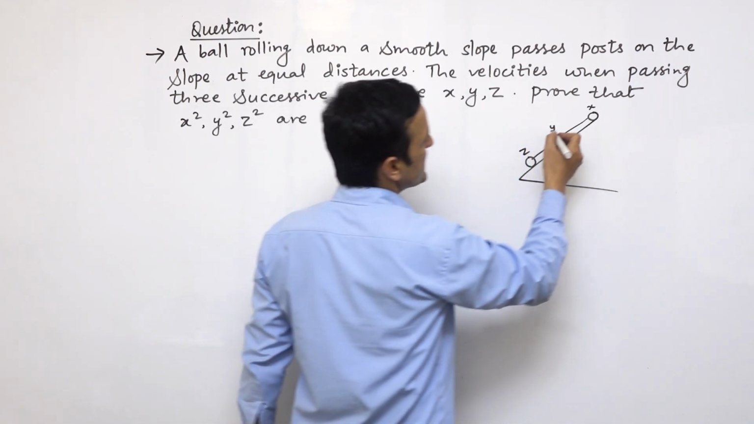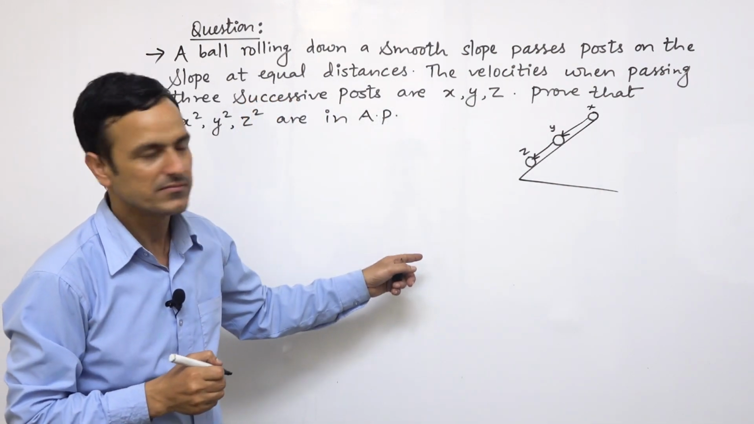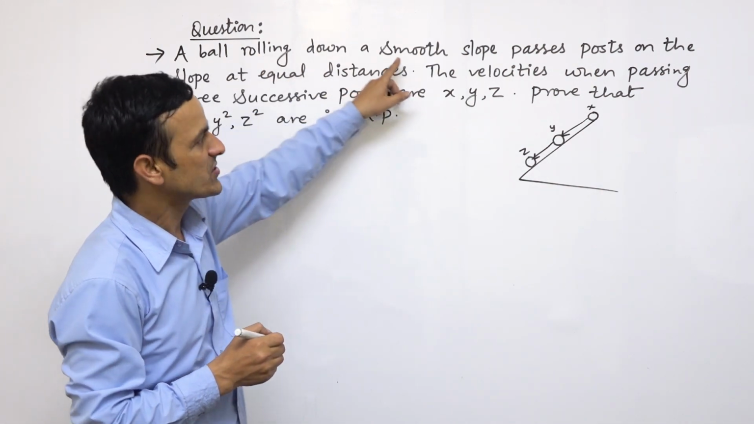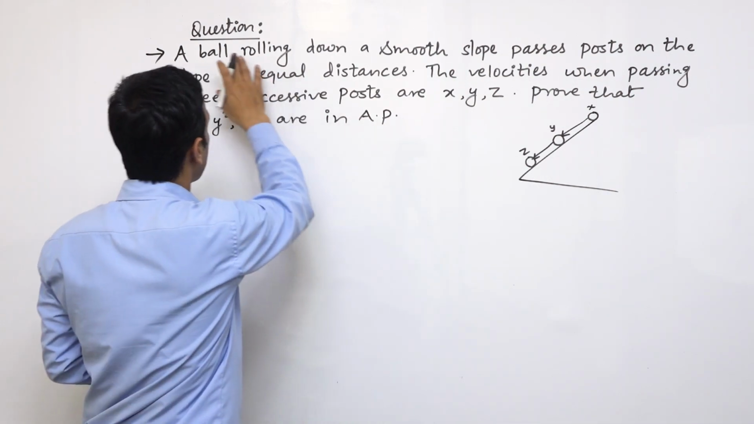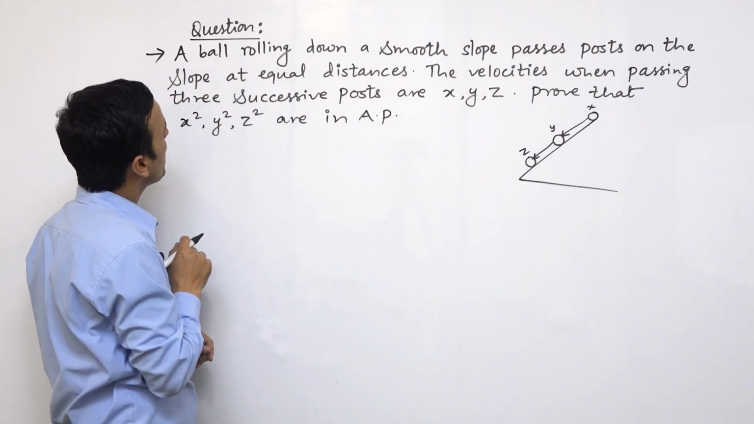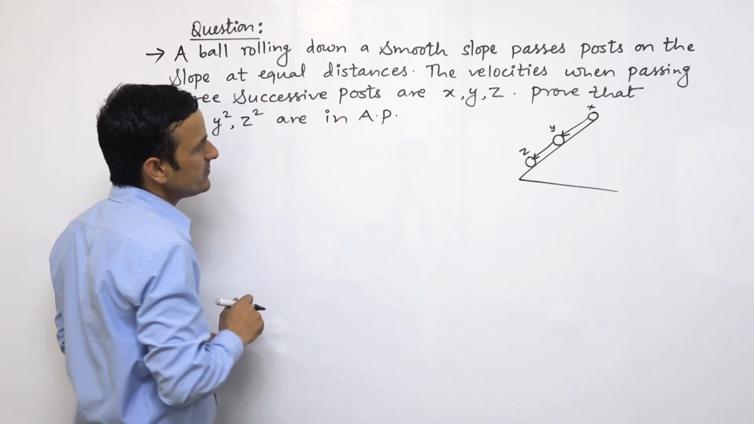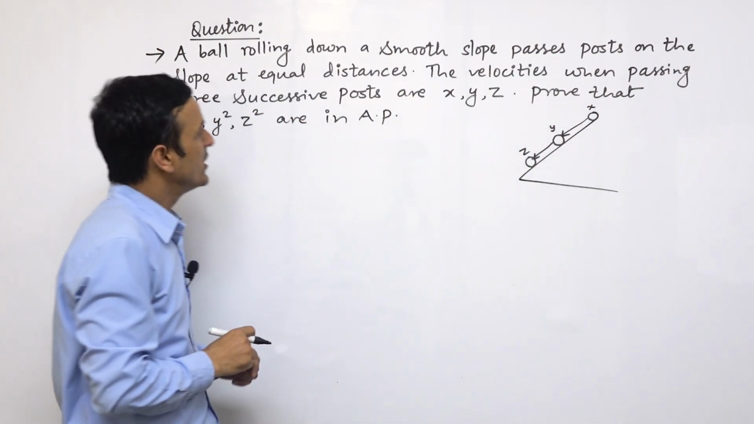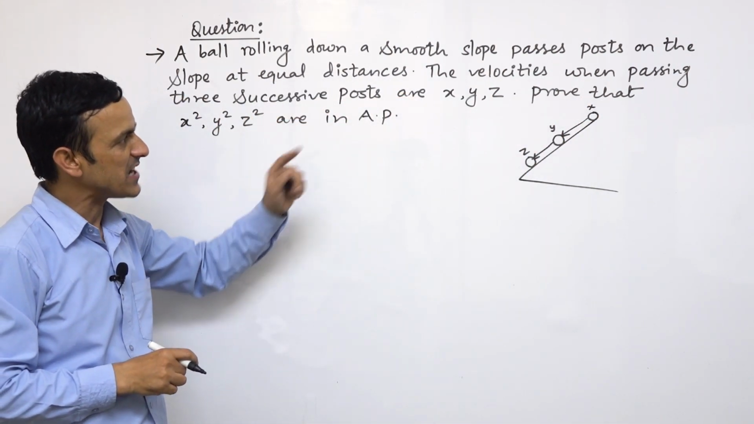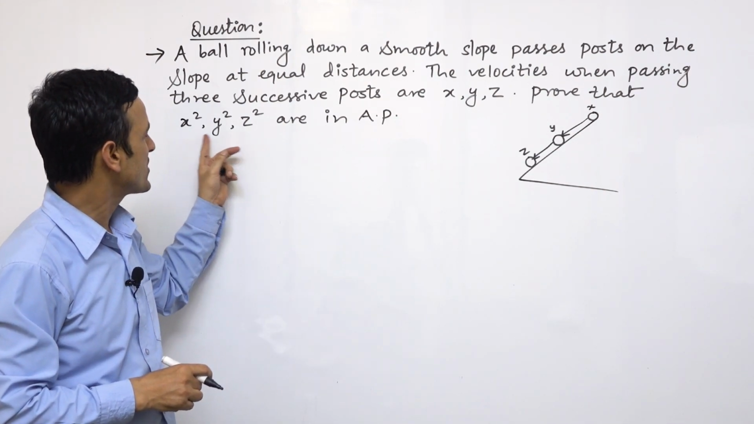So the body is sliding down in this way from top to bottom. So there are 3 successive posts, 3वटा पोस्ट छ, त्यो 3वटा पोस्ट हुँदै एउटा बल रोलिङ भएको छ, यो इक्वल डिस्टेन्समा छ, यसले यो एल डिस्टेन्समा छ भने यो पनि एल डिस्टेन्समा छ. When passing 3 successive posts, we have to prove that x square, y square, z